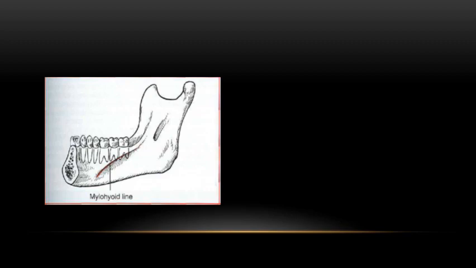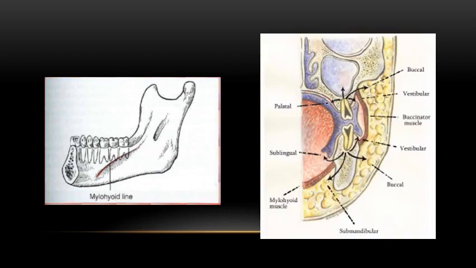On the contrary, anteriorly, when the premolars or the first molar are involved, lingual erosion of the cortical plate will lead to sublingual abscess. On the right hand side, you can see the attachment of the buccinator muscle to the buccal cortical plate of bone opposite to the maxillary molars, and the buccal cortical plate of bone opposite to the mandibular molars. Accordingly, if the infection erodes below the level of the attachment of the buccinator muscle, it is going to lead to buccal space infection. If it erodes above the attachment of the buccinator muscle in the lower jaw, it is going to lead to buccal vestibular space abscess.